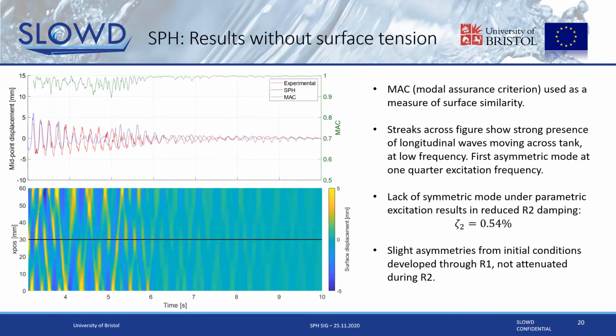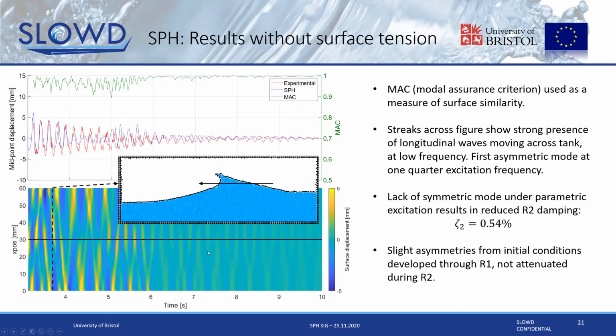So if we then follow on to the SPH results, these are the ones without surface tension, just starting off. What we can see in the trace in the bottom is we no longer have this symmetric nature of the fluid, and instead we see these yellow streaks up and down on the plot. And these yellow streaks are actually showing us this asymmetric wave that moves left and right across the tank, which we've got a picture of here. So what's happening is we have these slight